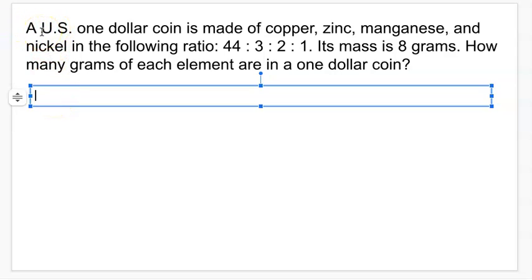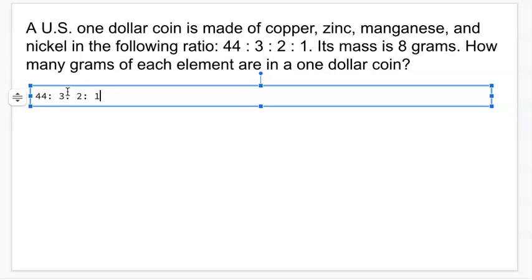So one of the problems says a US $1 coin is made of copper, zinc, manganese, and nickel in the following ratio. Its mass is 8 grams. How many grams of each element are in the $1 coin? I know that seems like a lot, but first let's just break down what this 44 to 3 to